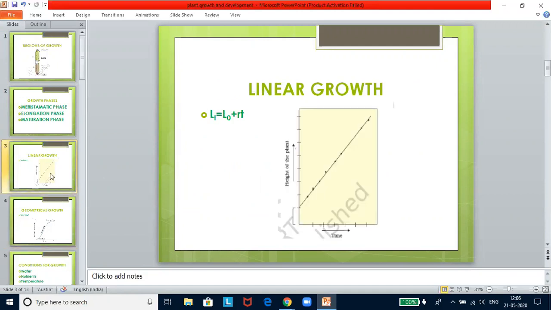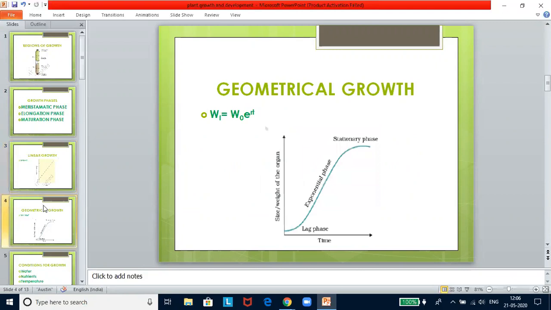Lt = L0 + rt for linear growth, and for the geometrical growth you get a sigmoid curve. So here the initial growth phase is slow, and that is called the lag phase, and it increases rapidly, therefore exponential phase, and log phase. Here both the progeny cells showing mitosis retain the ability to divide and continue to do so. However, with limited nutrient supply, the growth slows and leads to a stationary phase. A sigmoid curve is obtained in this pattern, and this is the pattern which is generally seen.